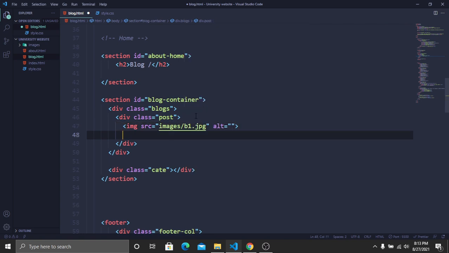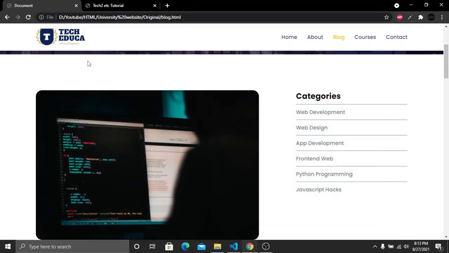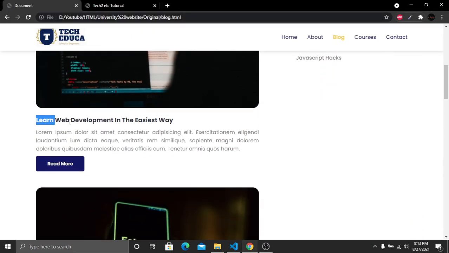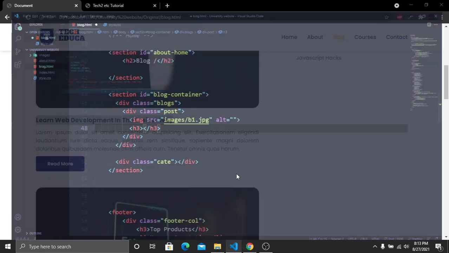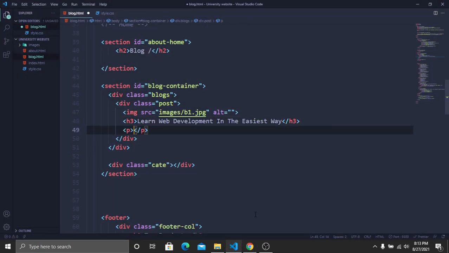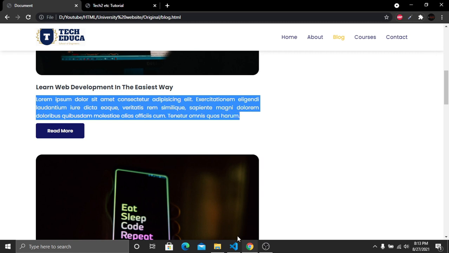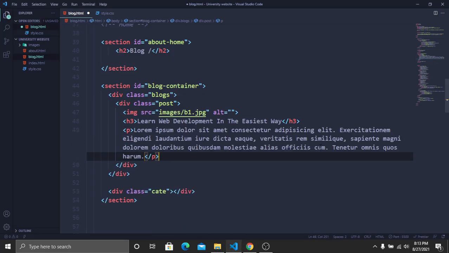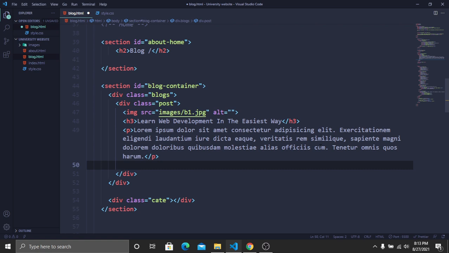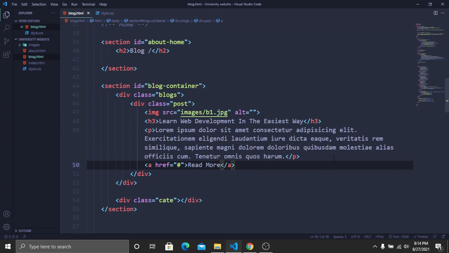That's it. And here first we have to create a h3. Now let's go to our page here, and just copy this one and then paste it here for our paragraph. So just copy this paragraph from here and then paste it here. So after our paragraph we have to create a button. So for the button let's create an anchor tag, and it will be hash, and here it will be read more. That's it. Now save and go to our website,